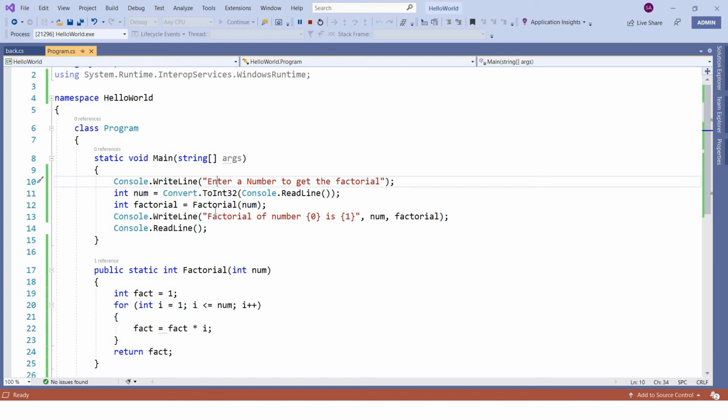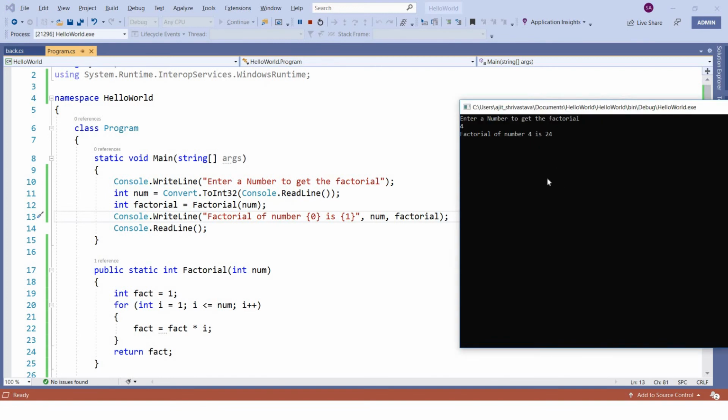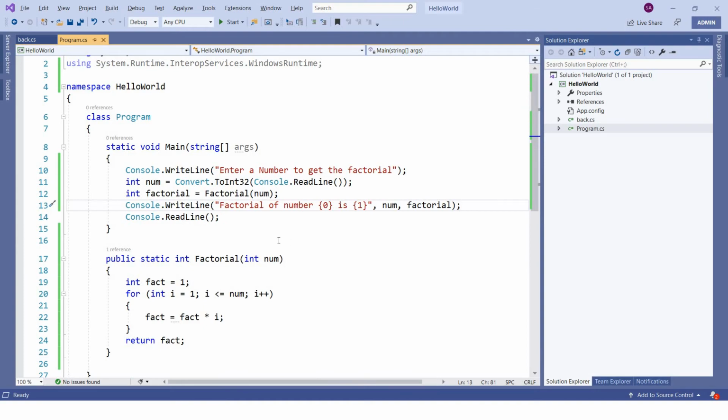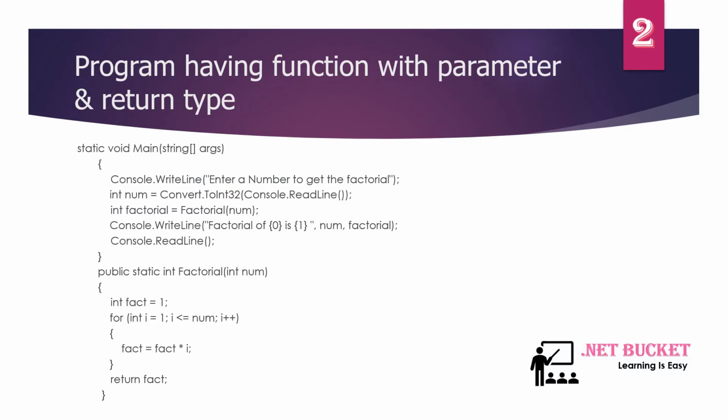Whatever value we got from this function will get stored in this variable, which we are using to get the factorial value, right? So as simple as this, right? As you can see here, the same program I have just pasted here for reference. So it's just simple, right?